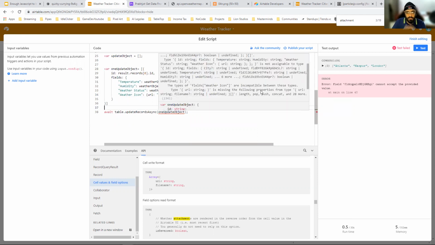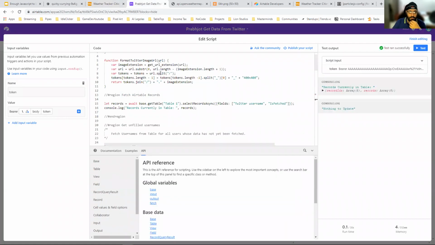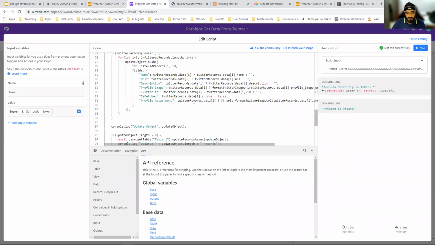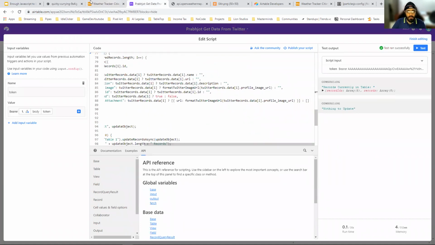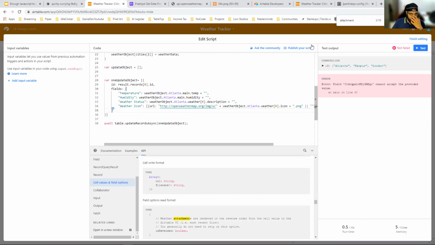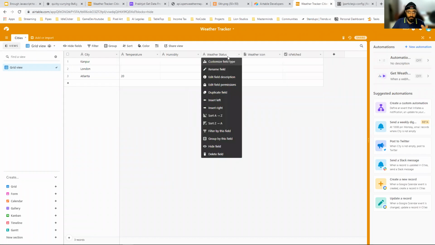The type of fields are incompatible. It is here. Oh, okay. Right. Okay. So the bug here is that it's a multi-attachment field, so you can add more than one attachment.